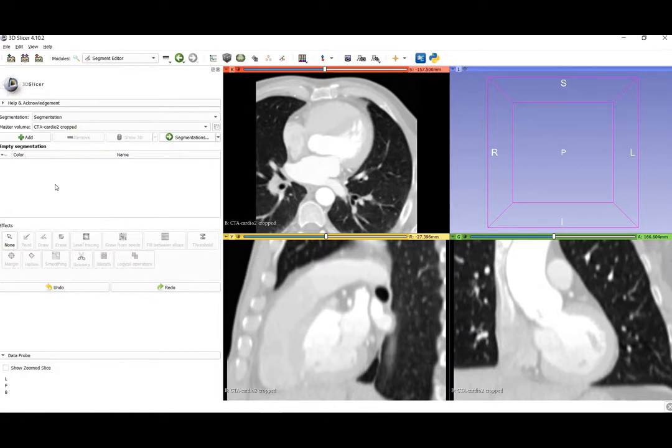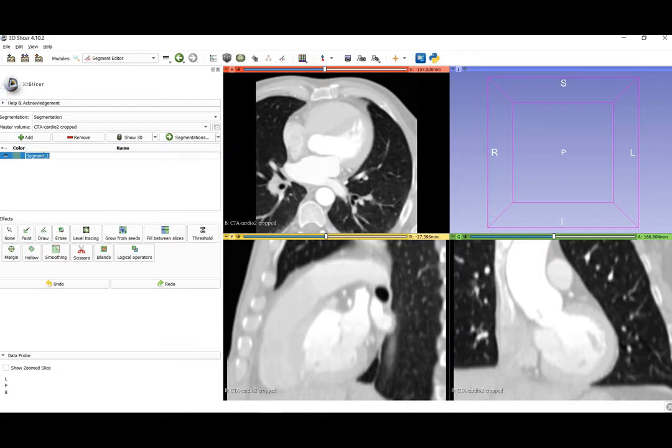Now we have to give names to the parts which we are going to segment. We will add them one by one. The first one is left ventricle. Then right ventricle. Then left atrium.